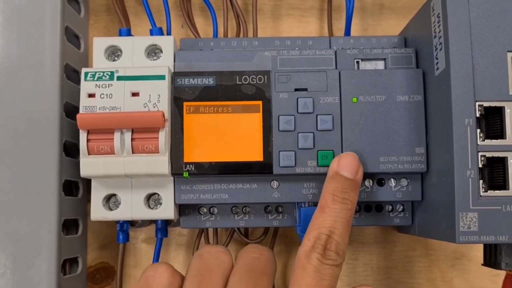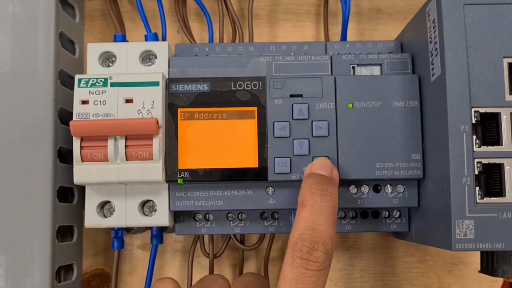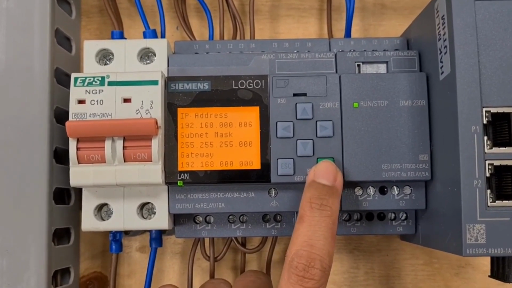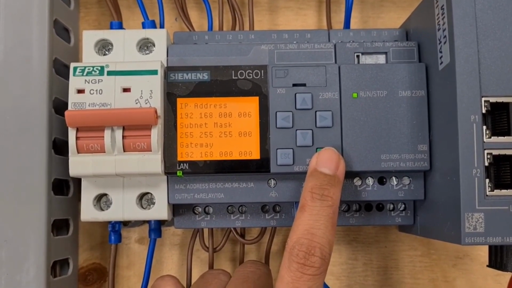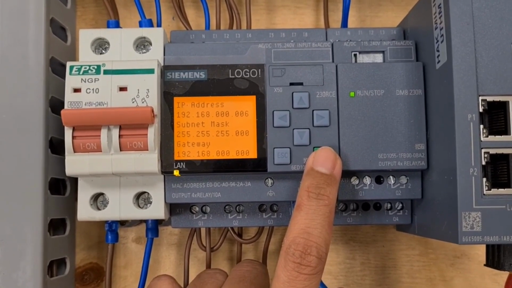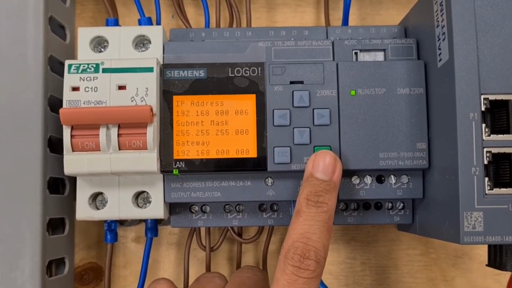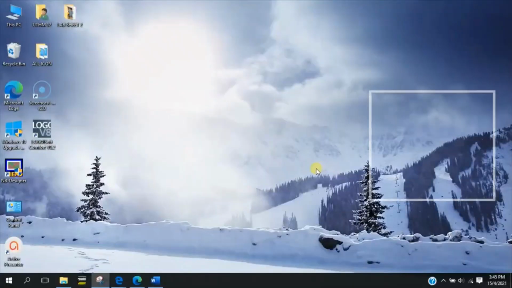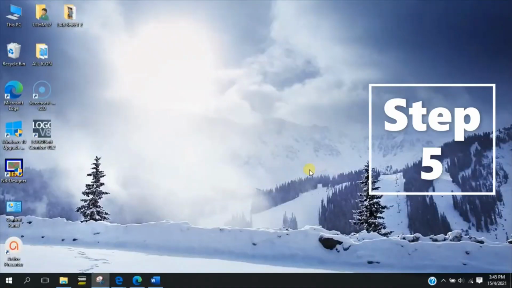And you will see an IP address. Click OK and it will show the information of the IP address, subnet mask, and also gateway. Please write this down. Next, we need to set up the IP address, subnet mask, and gateway on the PC